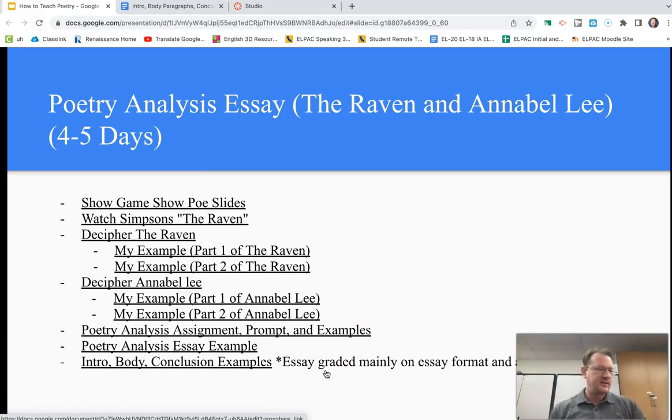So let me talk some neuroscience for a second. The most difficult part of writing an essay, teachers notice this, is the explanation and the analysis. Really the analysis, that's the two parts, explanation and significance. The reason is that part of the brain does not fully develop in a person's life until their late 20s, early 30s, which is why people who go back to college tend to write essays much easier. So 9th grade is always a challenge. 10th grade is always a challenge. Now, as a teacher, knowing that allows us to be a little more patient with the students, right? 11th and 12th grade, they start to get better at it.